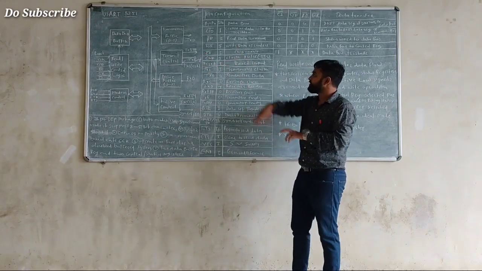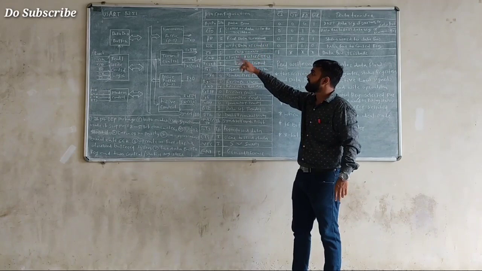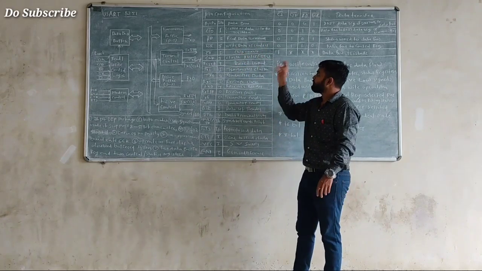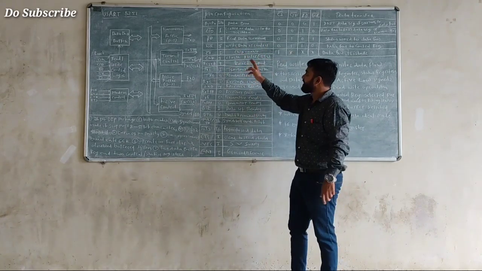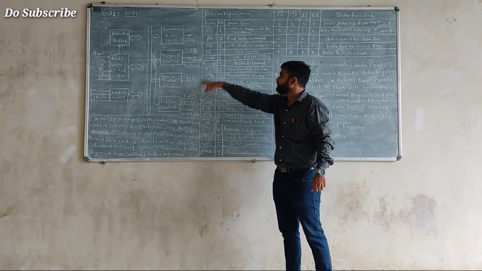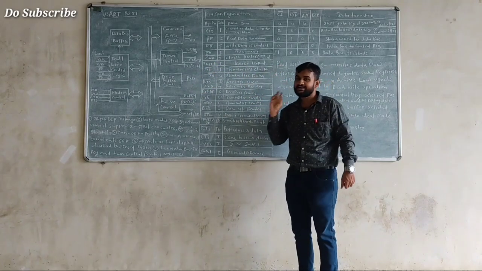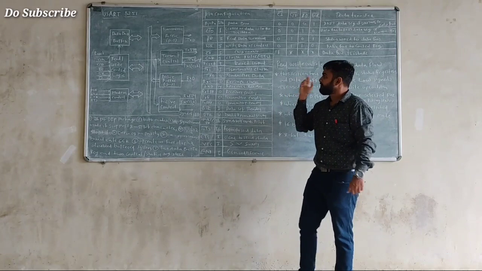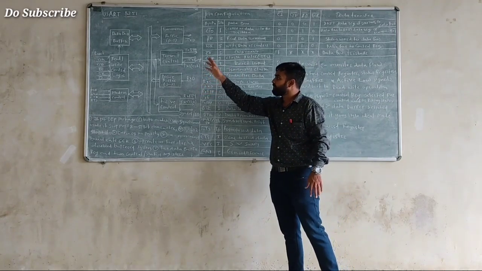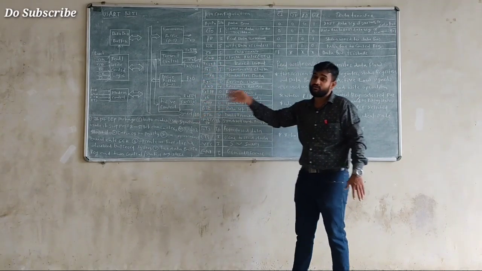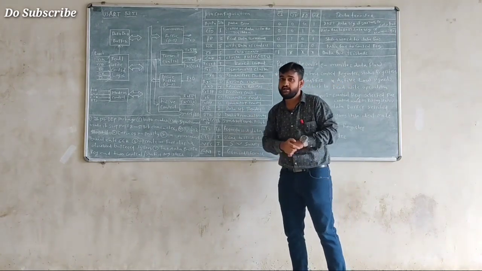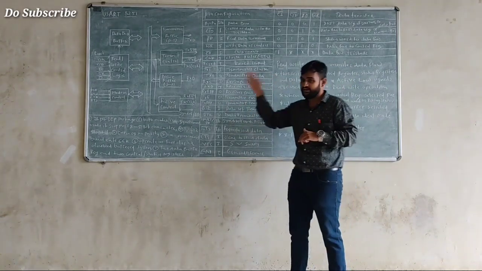The read and write pins are used for reading the data, for the command, and for writing the data or for controlling the data. Then we have the clock signal. The clock signal pulses are TTL logic pulses, which are provided to your USART for clock purposes, for providing the clock frequency.